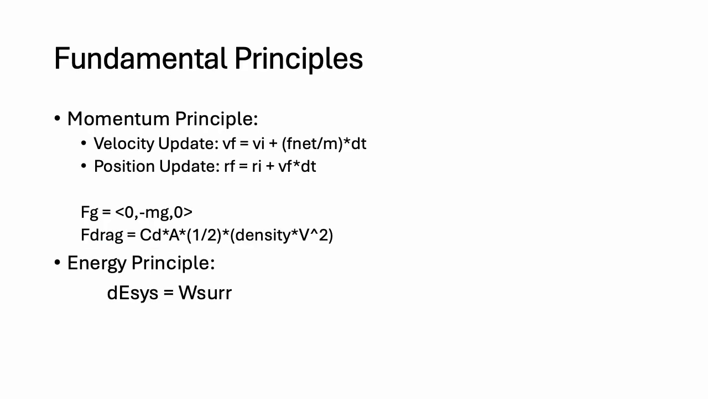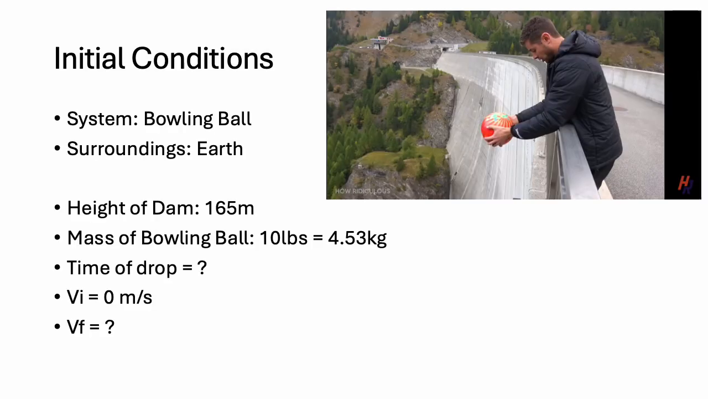The fundamental principles for this lab: we use the momentum principle from Newton's second law, namely the velocity update equation and position update. For the second part, where I wanted to estimate the spring constant of the trampoline, I use the energy principle instead. For the momentum principle, I am using the force of gravity and accounting for the drag coefficient through the air. Looking for the final velocity of the ball, my system is the bowling ball,